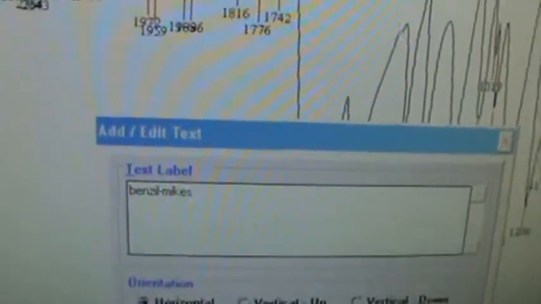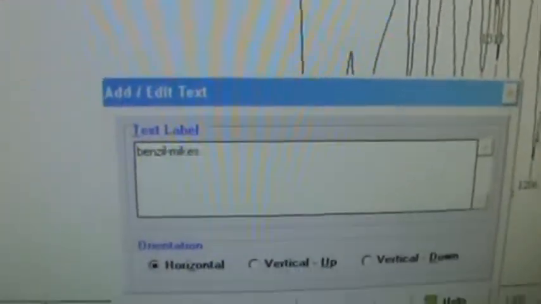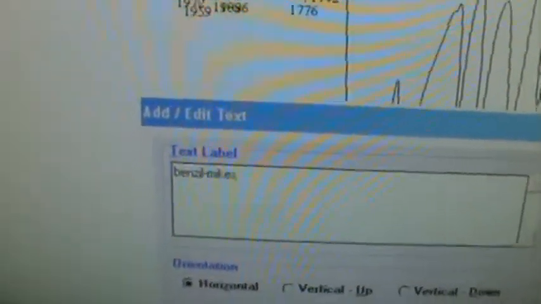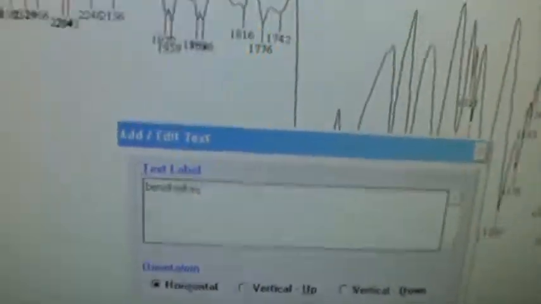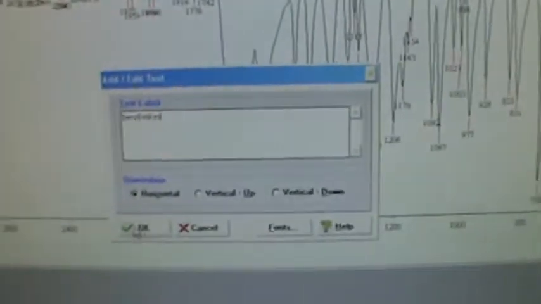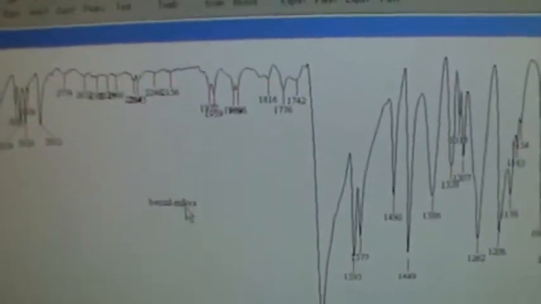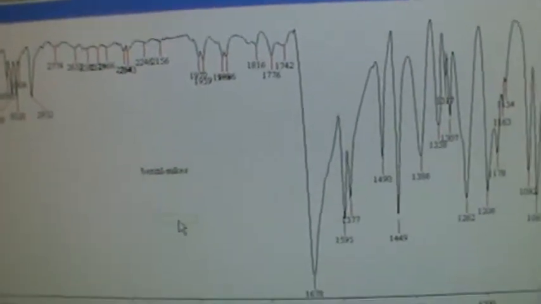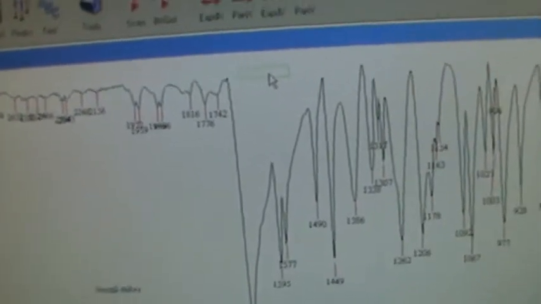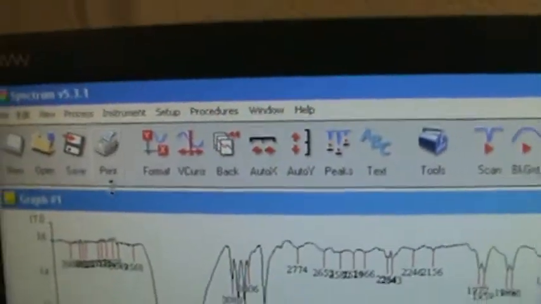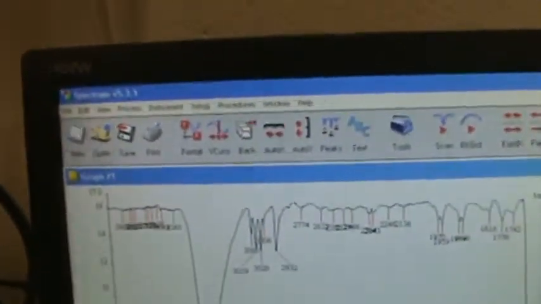In organic, especially organic 3, you're gonna have so many different spectra and so many different labs on the go all at once. You gotta keep this straight, so put the name in, type it in quick and then hit OK, and it appears there, and you can grab that too and move it wherever you want as well. If you like what you see, then what you should do before printing, just to be safe,